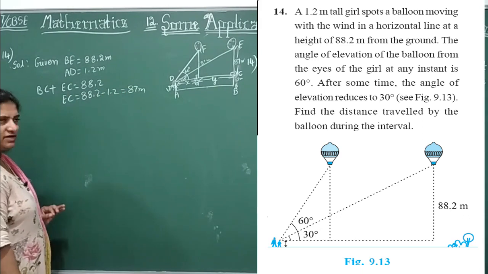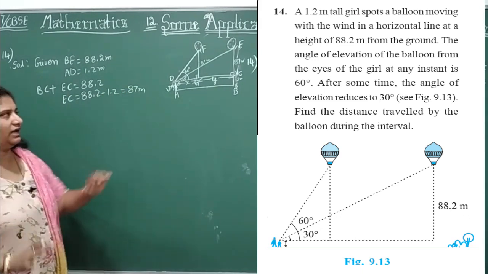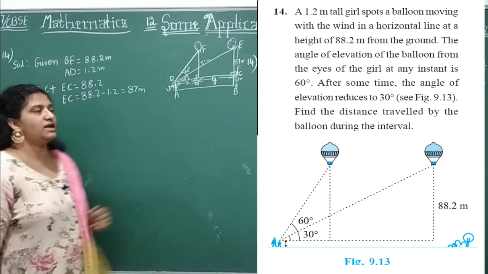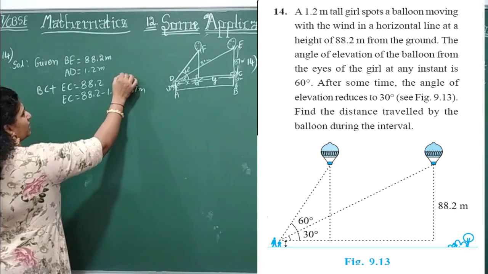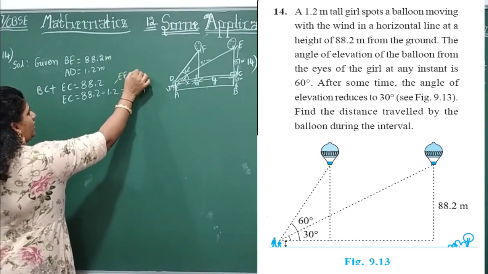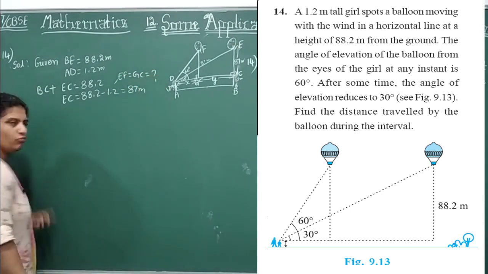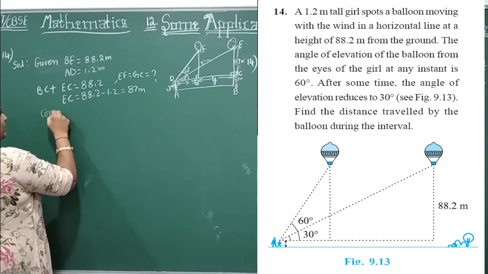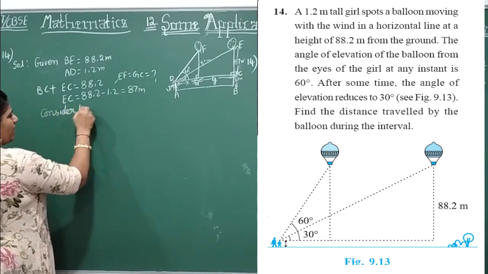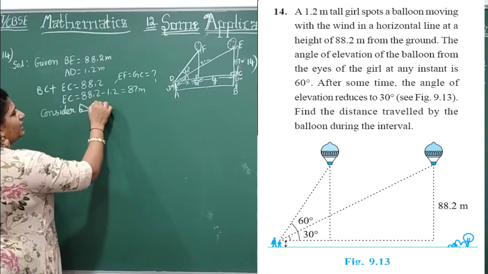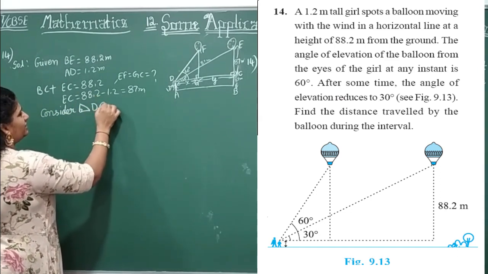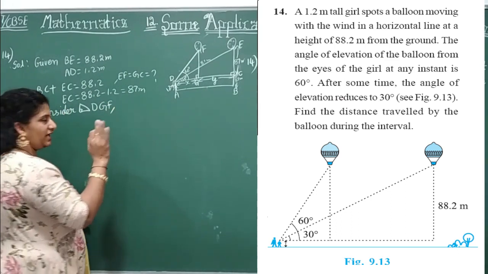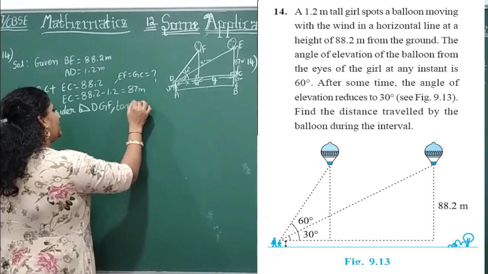Now first consider any right triangle. I have just assumed this side as X and this one Y. But what is the question asked here, children? This EF or GC is equal to question mark. Both are the same, any one you can write. So now consider the right triangle. Where is the right triangle here? Right angled triangle DGF. Which ratio here? Opposite is given, you have to find adjacent. So let me write the tan ratio here.